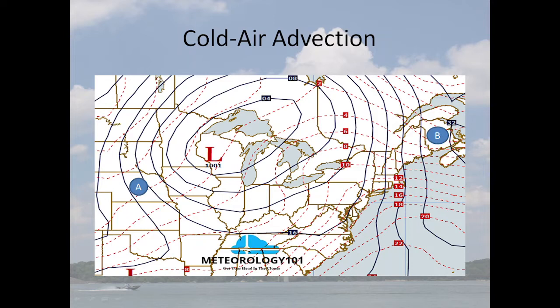I mean, it's pretty intense right now. This thing is closed. We have several closed isobars, the lines of equal pressure around that low. That's a good indication you have a pressure gradient, and that low is probably going pretty far up into the upper levels with jet stream support, upper level support, troughing. It pretty much has everything it needs to create whatever weather it wants, but